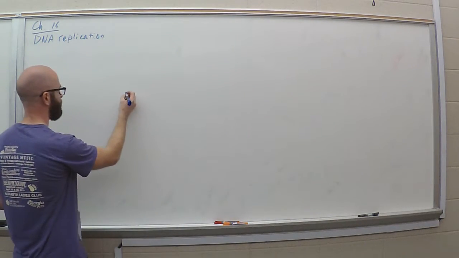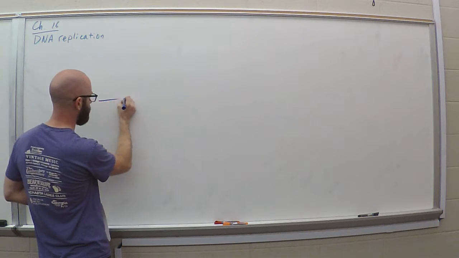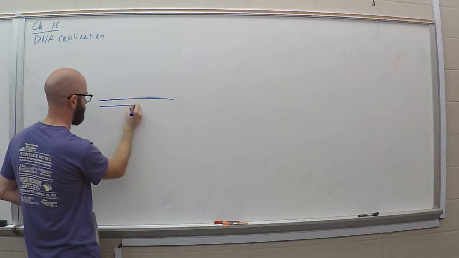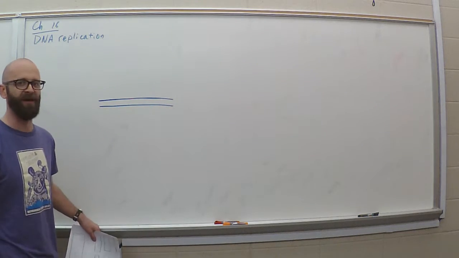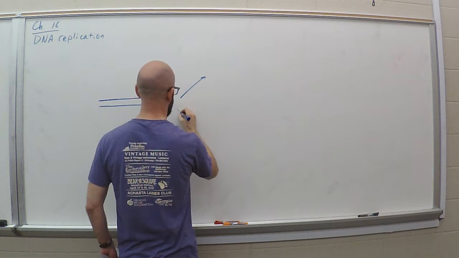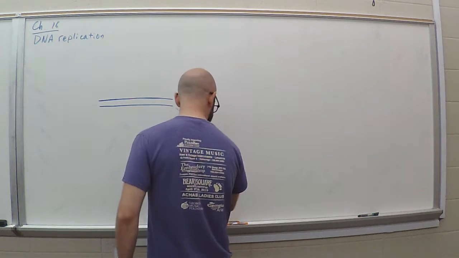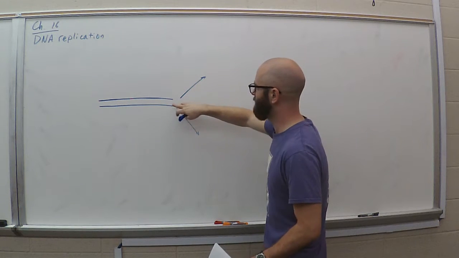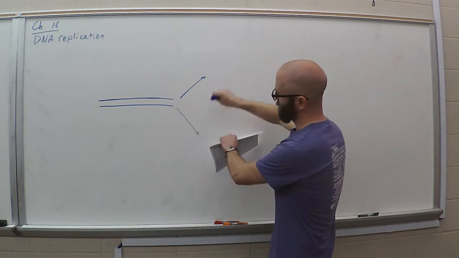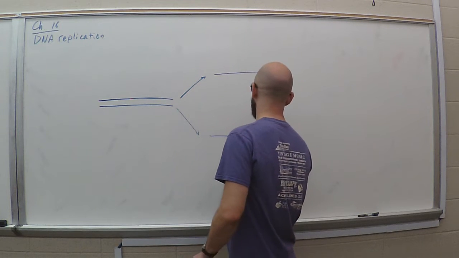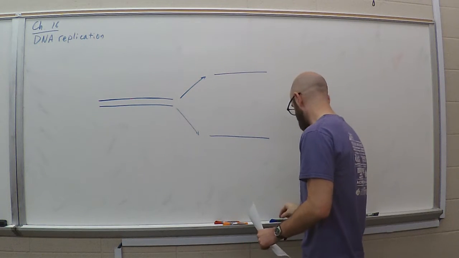So the process, very broadly, right? You have a double strand of DNA, all right? There's your double strand of DNA. It's going to break apart. So the first step is that the two strands of DNA get pulled apart. And so you have them separated, like so. And then